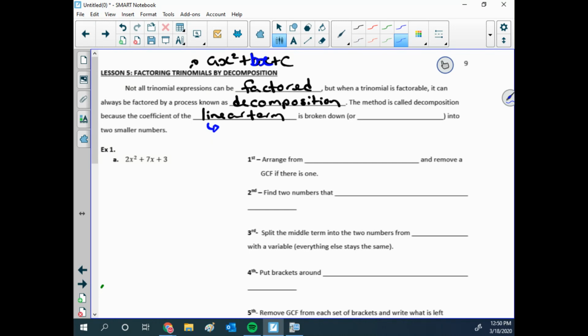It's really just the middle term, and it's linear because the degree is 1. So because the coefficient of the middle term can be broken down or split into two numbers, I decompose, or I split the middle term,